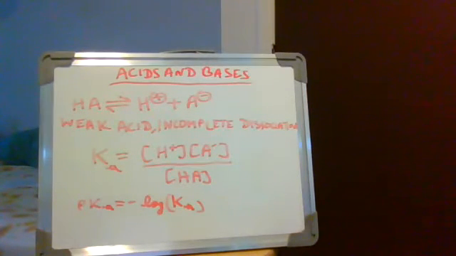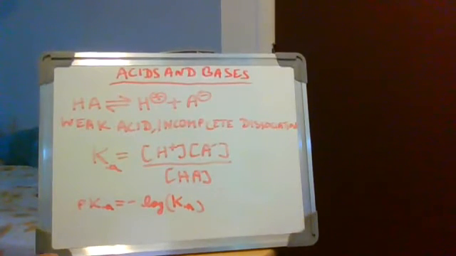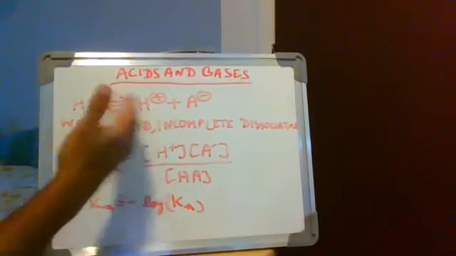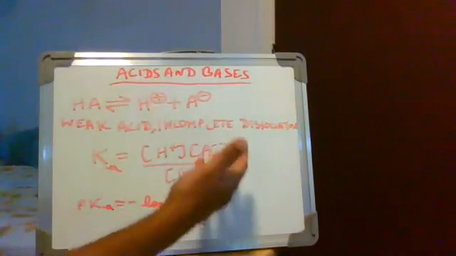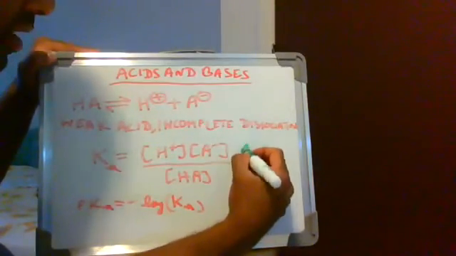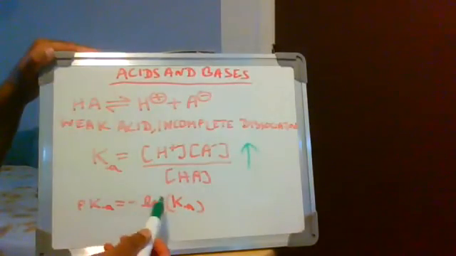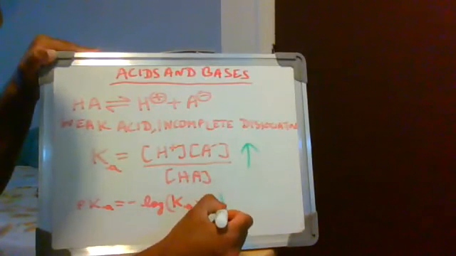Right? Now, what does this mean for a weak acid? Even though the acid is weak, as we'll soon see in some examples, the relative strength between different weak acids might vary, and that is something we can predict with respect to the pKa and Ka values. So if this acid is dissociating, that means what? The concentration of the products, H plus and A minus, is increasing. So that means the value of Ka keeps increasing, right? Now, since pKa is defined as the negative logarithm of Ka, that means the pKa value decreases.